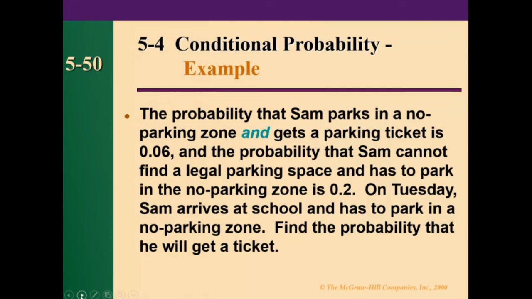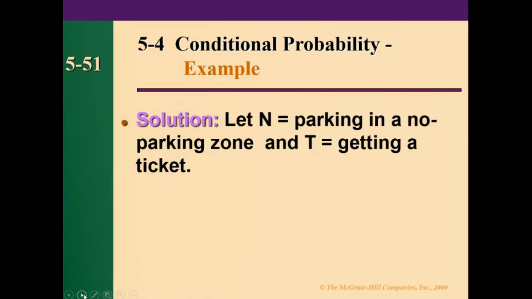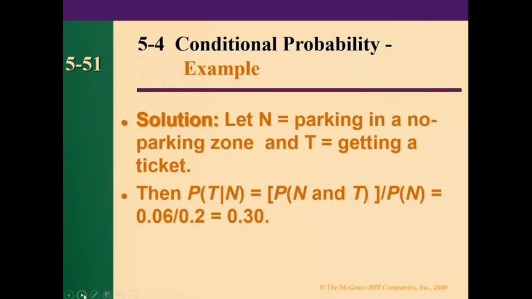On Tuesday, Sam arrives at school and has to park in a no parking zone. Find the probability that he will get a ticket. So let N be equal to parking in a no parking zone and T getting a ticket. The probability of T given N is equal to the probability of N and T divided by the probability of N. So 0.06/0.2 is equal to 0.30